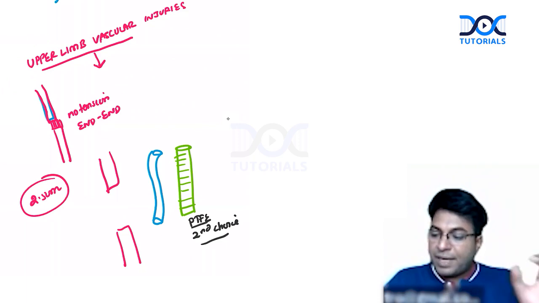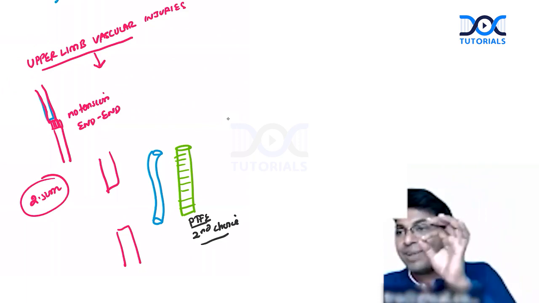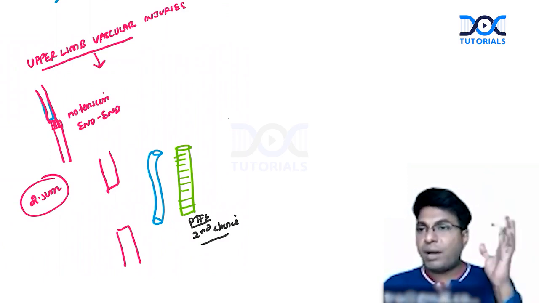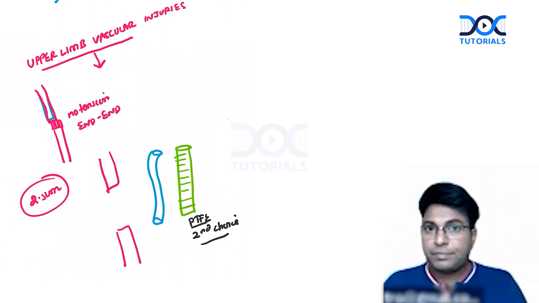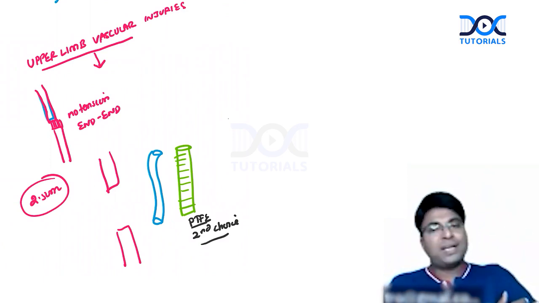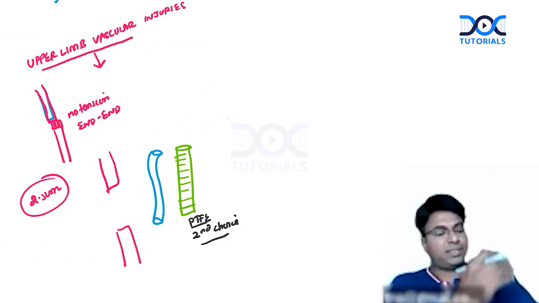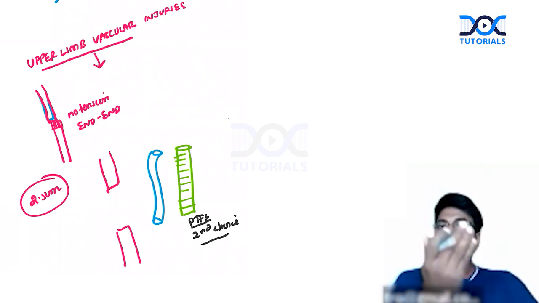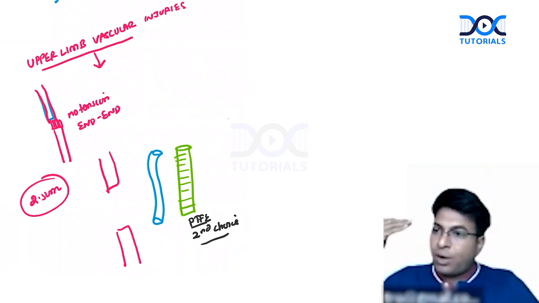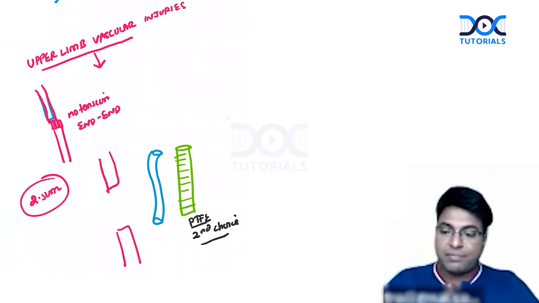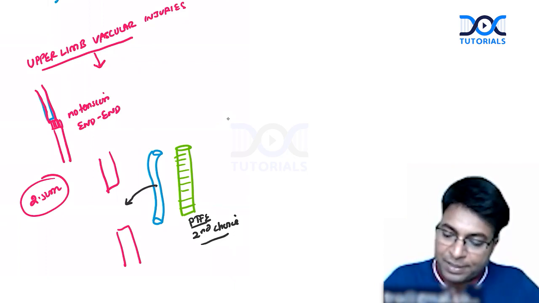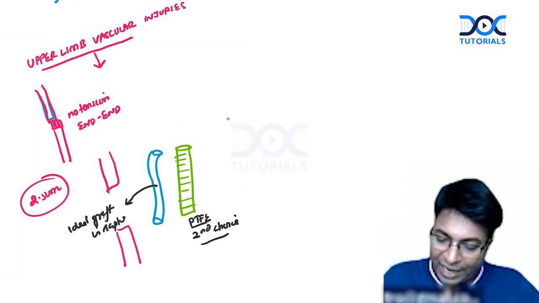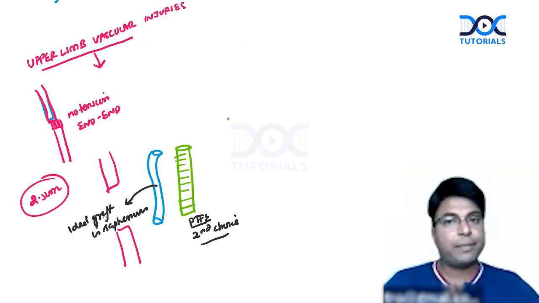That is why in this discussion on upper limb vascular injuries, there is a line saying, when you are going to operate for an upper limb vascular injury, paint the limb one joint above the injury site. For example, if there is a cubital injury, paint up to the shoulder, and please paint one lower limb also for taking the saphenous vein. So the ideal graft is the saphenous vein graft. So ideally, we should replace with a saphenous graft.